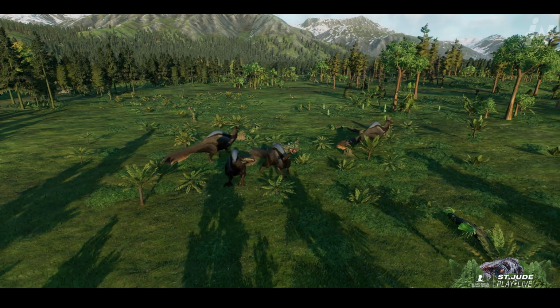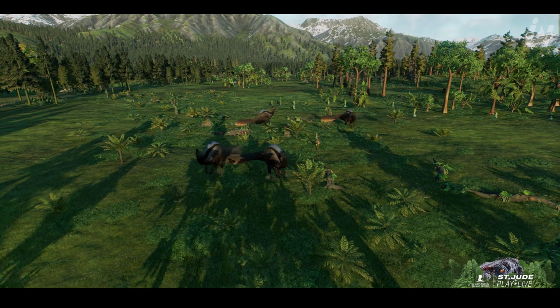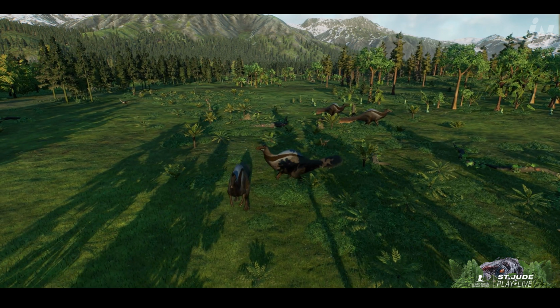Unlike any other theropod, it is thought to have been an omnivore, feeding on both plants and small animals, possibly using its large arms to reach for vegetation or catch prey. Despite its terrifying size, it was likely not a fast runner, relying on its size and adaptability to survive in